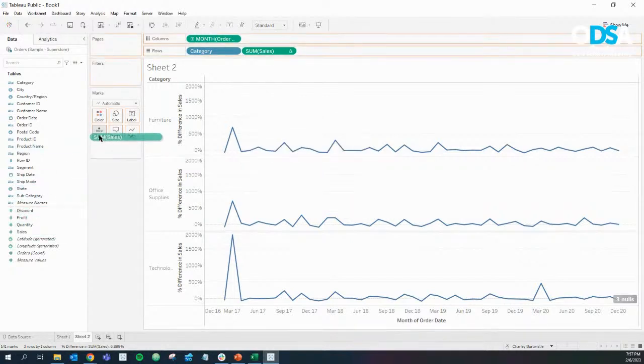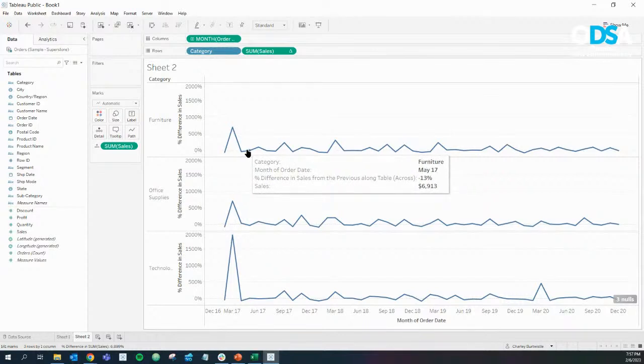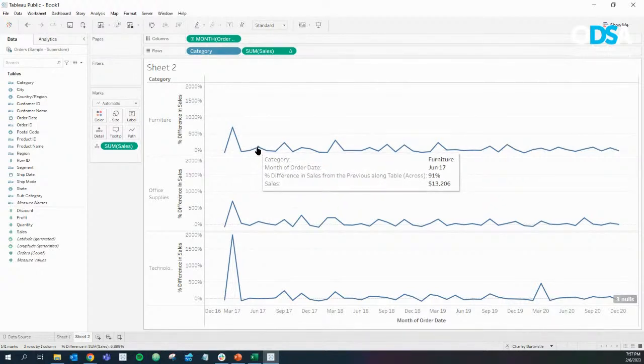So let's bring sales back onto the tooltip here. So 7,000 in April, 6,000 in May. So that is a negative percent. And then we got to 13,000, which is about 91%. Yeah, so now I'm showing,